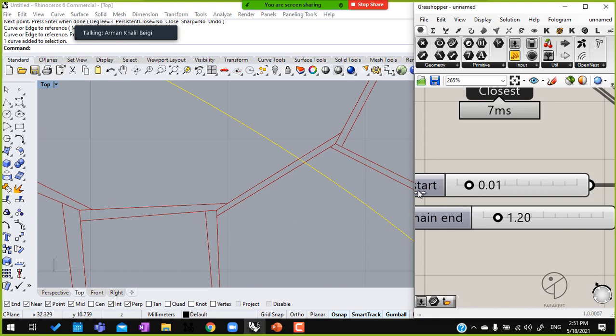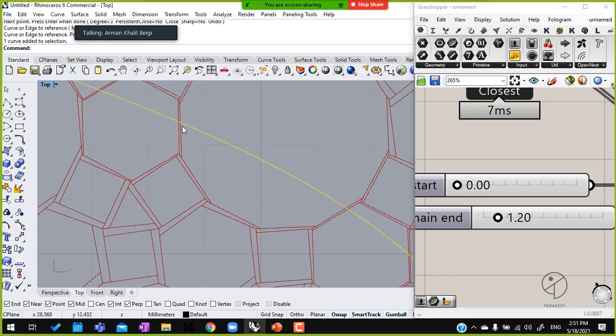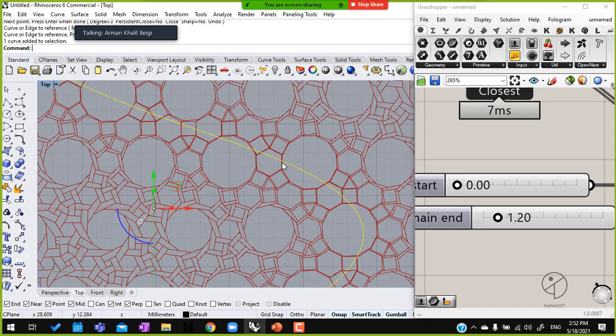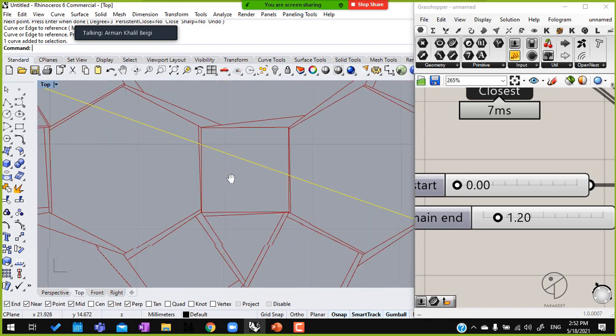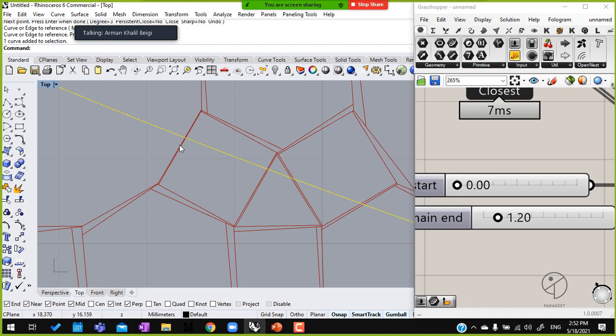If we change it to 0 at the exact intersection, because, for example, for this cell, the distance is still not 0. Actually, it's a really small number. So if it gets 0 somewhere, there's somewhere in this pattern that the 2 lines are completely